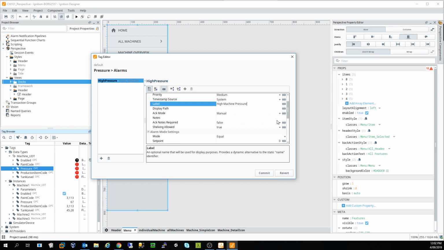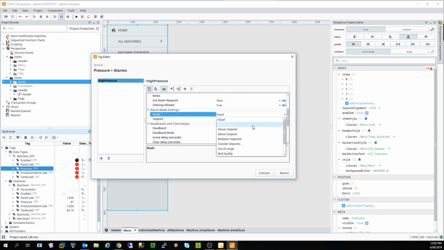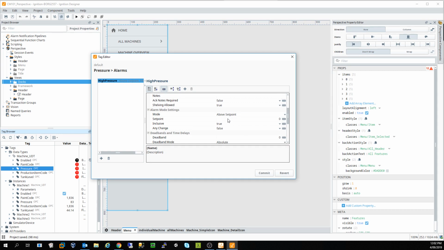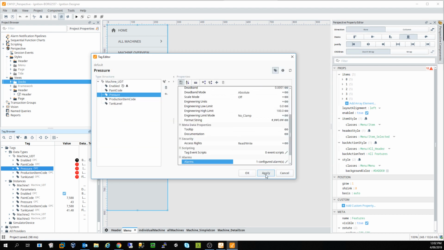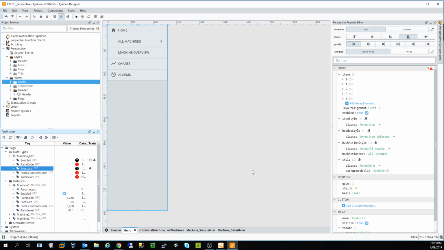This can be manual acknowledgement, auto acknowledged, notes, acknowledgement notes required, shelving allowed. So this is going to be above set point. The set point is going to be 75%, inclusive of that value. If true, the alarm will be evaluated every time it's above that value and there's a change. We only care the first time it goes over, so we'll set that to false. We can now apply that. So we should have two kinds of alarms now. So if we save this project,